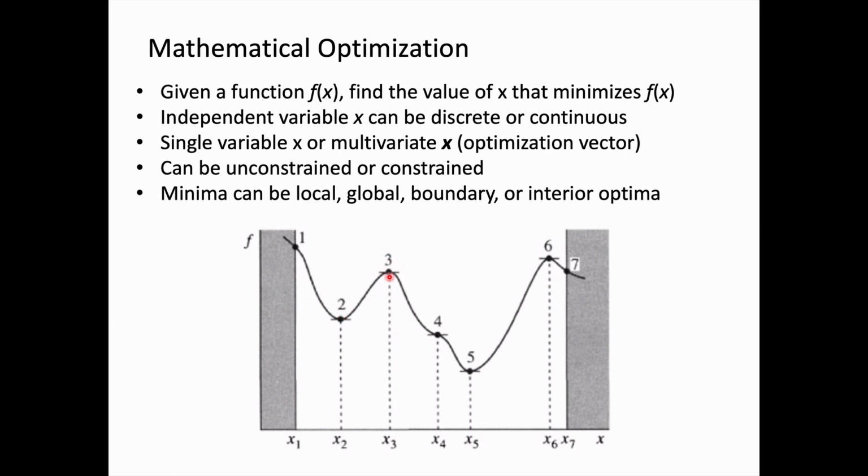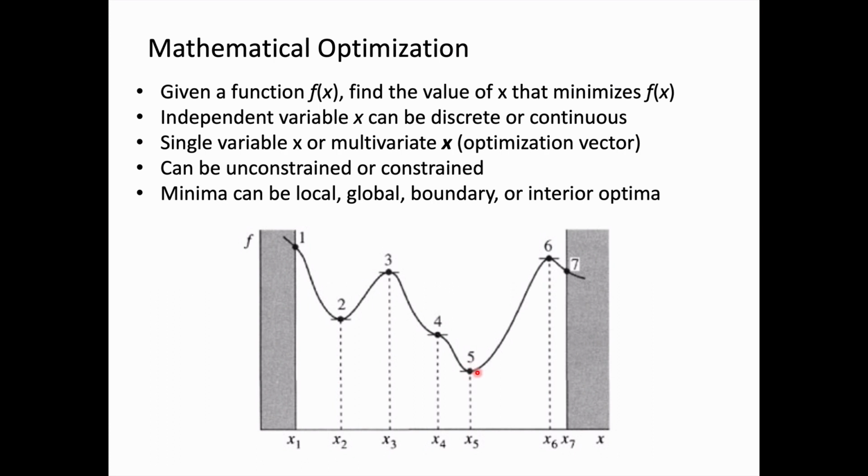We have here at point 3 a maximum. Point 4 we're going to learn more about later; it is a stationary point. It's also a saddle point, but it's not a minimum or a maximum, but it is an important type of point. And then point 5 here is both a local minimum and the global minimum. At least looking across this entire feasible domain between x1 and x7, at x5 we have the global minimal value of the function